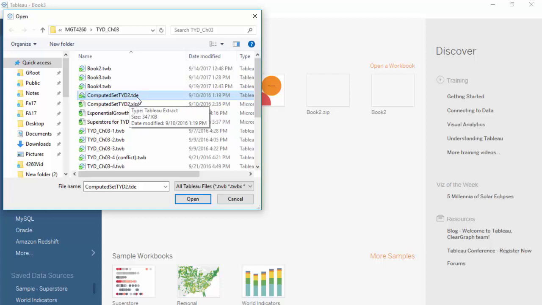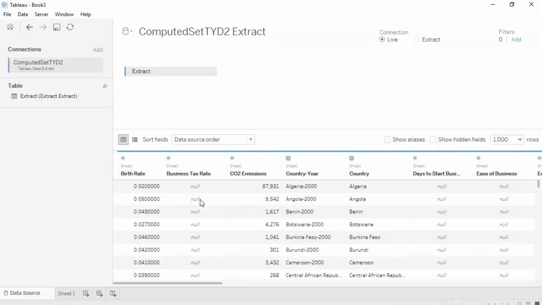So this is a Tableau data extract, so this is in Tableau format. So you do File, Open for this, not a connection. Okay. So you open that. So then we have the file. So let's look at the